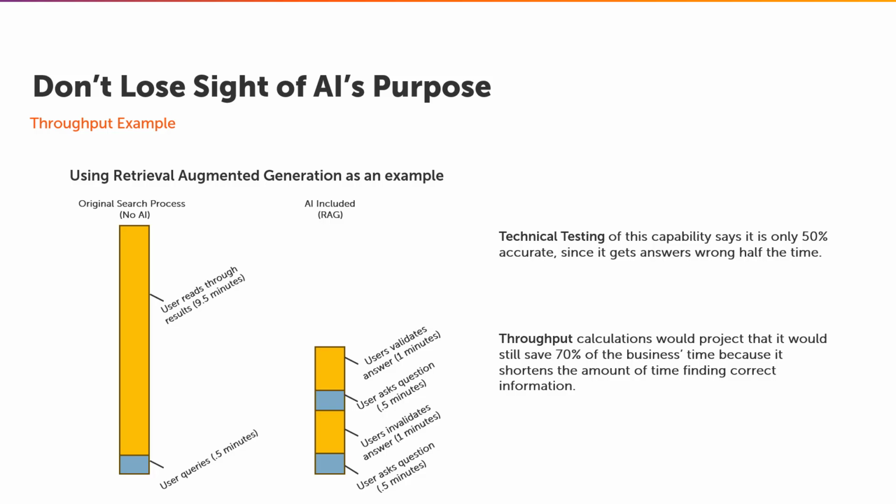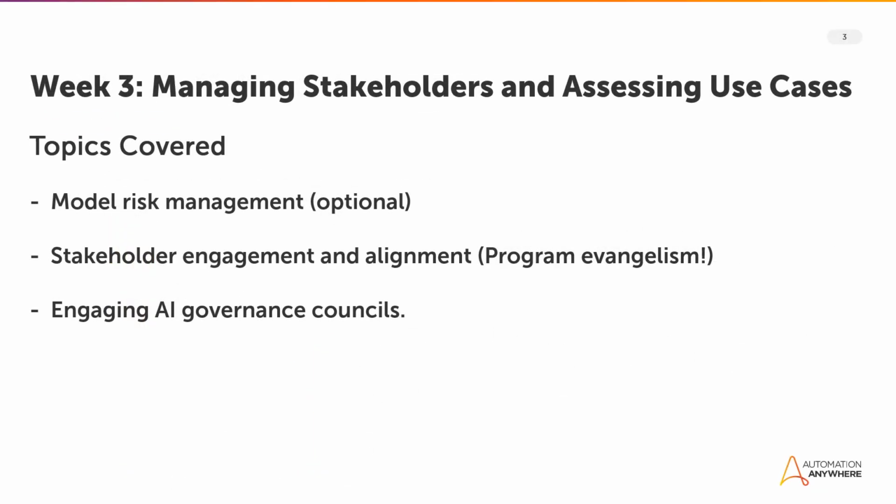And if the concept of throughput was new to you or you found it helpful, talk about it below because I am so excited to share that with you. It's a concept that's very near and dear to me as I've seen organizations fail to grow their agentic process automation teams because they are so laser focused on 100% testing accuracy scores rather than focusing on the value that the overall solution brings to their organization. Now let's get on to week 3.